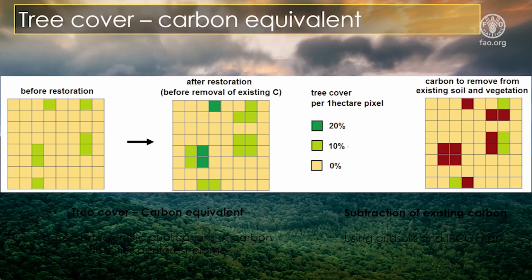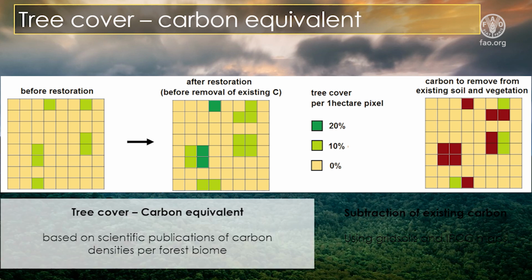So from that first part, that was really the main part of the study, we were willing to convert those tree cover and canopy cover into carbon equivalent in order to know, okay, but what does that mean in terms of carbon sequestration? So on a given landscape, we can increase the tree cover, and then at the biome level, we know the average carbon density that we have in a given forest, and so we scale that average density based on the percentage of tree cover that we increase. So if we increase on a given pixel 10% of tree cover, it's plus 10% of the average carbon density that we can have in those forests.